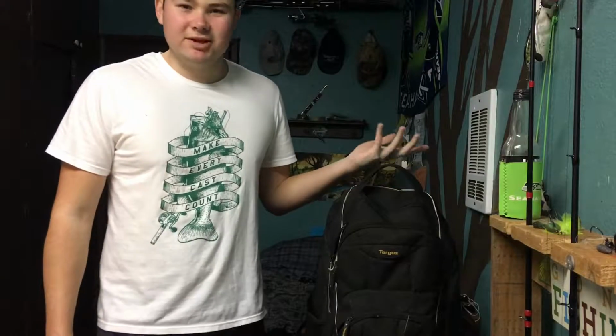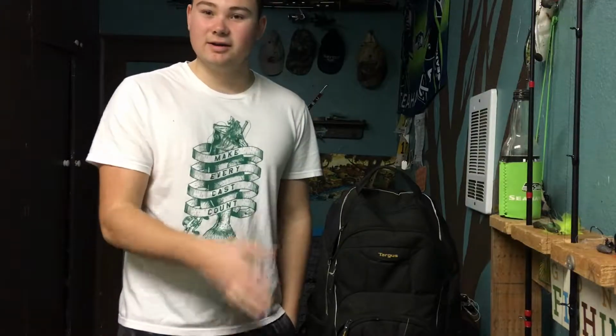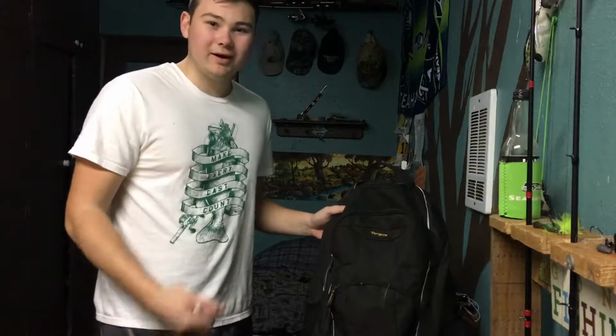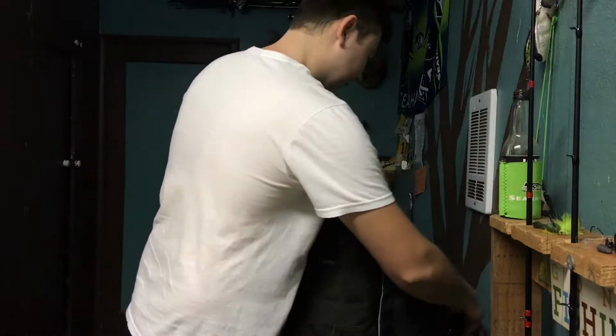You can just pick up a cheap backpack like Walmart or something, and throw all your gear in there. It's really easy. It has a lot of room in it, so you can throw a bunch of stuff in it. So I'm just going to show you what's on mine and what I keep with me when I steelhead fish. So first, to start,